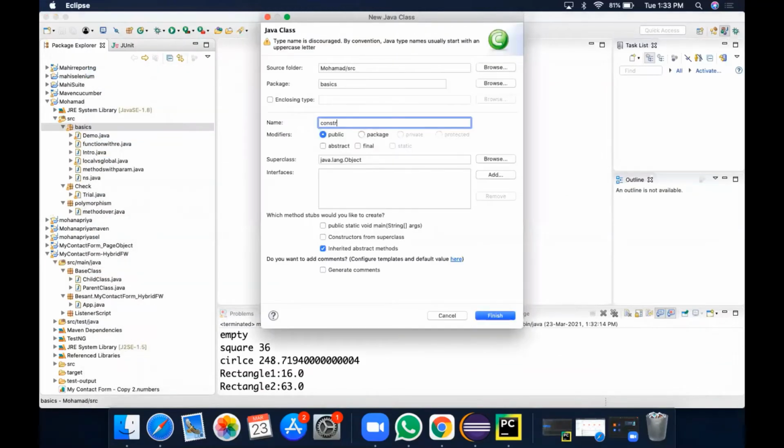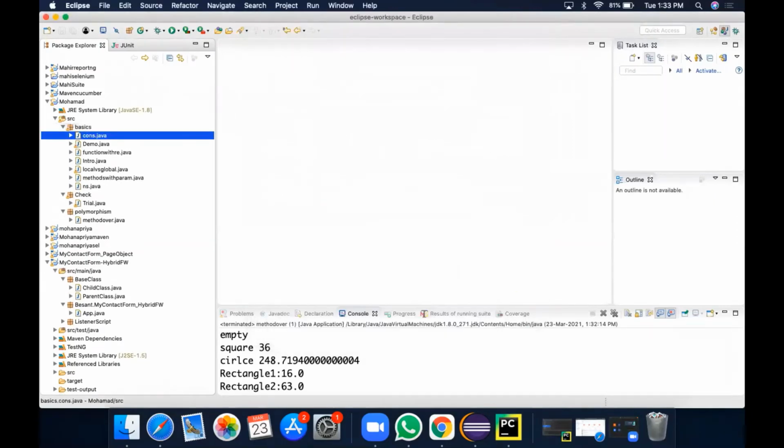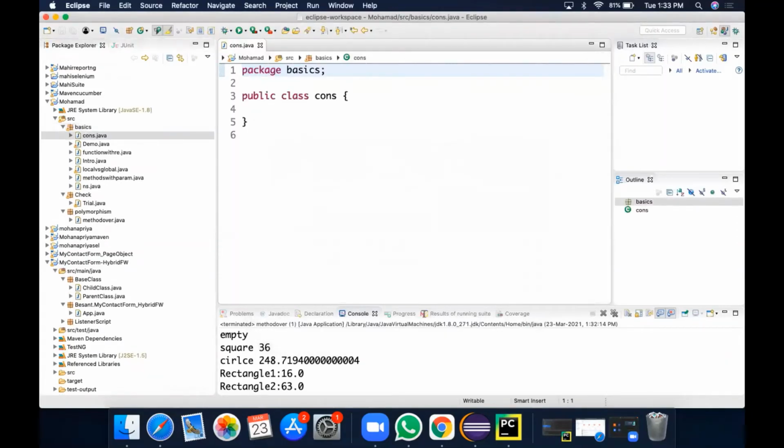Is only this overloading enough, ma'am, or should we learn all the methods? No, we are going to see all those things, because overriding is in polymorphism, right? That is related to the inheritance concept. Only if I finish inheritance can I take that one. So we can go step by step. Okay, did you go through the syllabus?